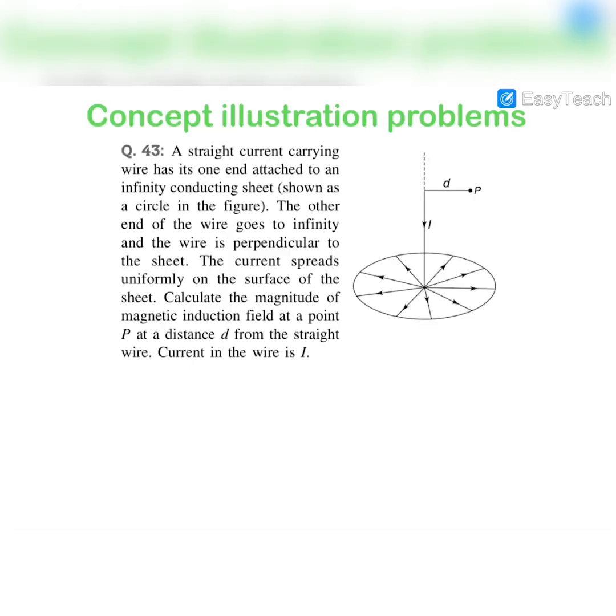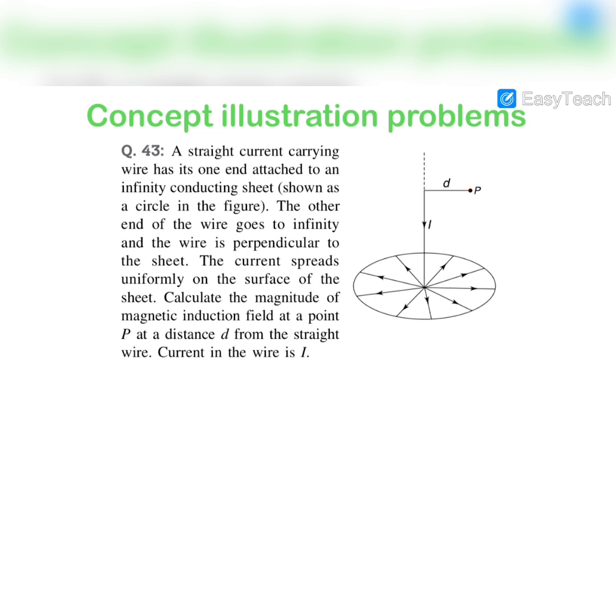In this question you can see that there is a straight current carrying wire whose one end is attached to infinity and the other end is attached to an infinitely long current carrying sheet. Now this current I is going through this sheet to infinity, and this current is equally uniformly distributed among the sheet. Now we have to find out the magnetic field at this point P, which is at a distance of d